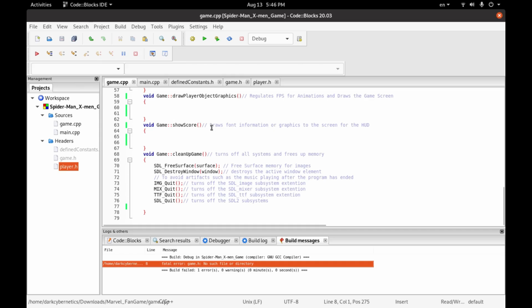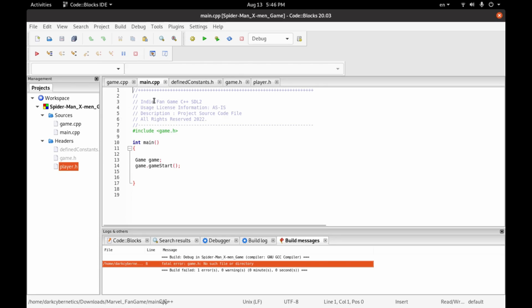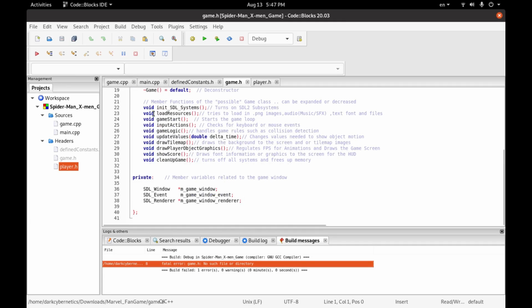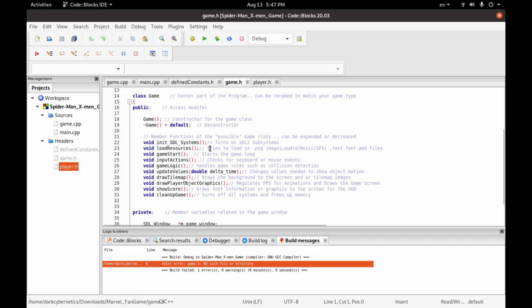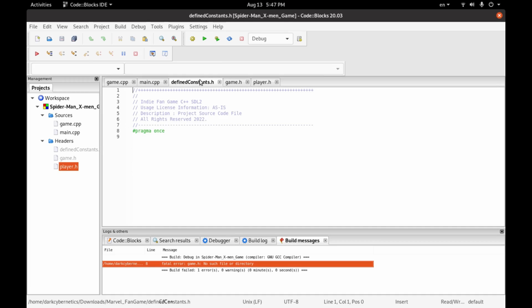Alright, so what files do we have so far? We have the main.cpp file. In the main.cpp file, there are some array argument things that go here, as you can see from the documentation. We call the game.h file, and in the game.h file we construct some functions. We have some member functions that are associated with the game engine itself. We may put the game constants here, things like the level width,